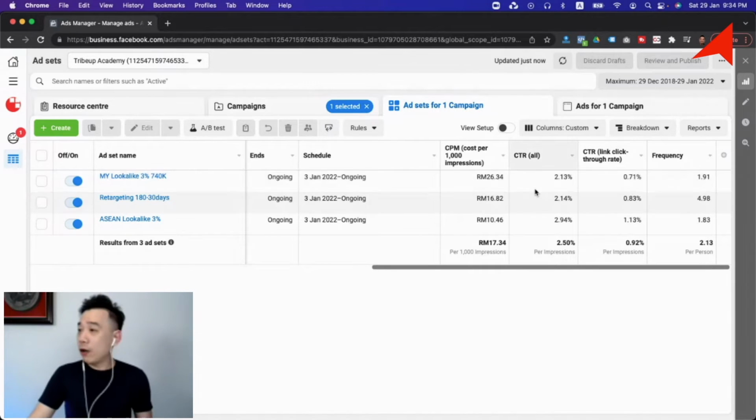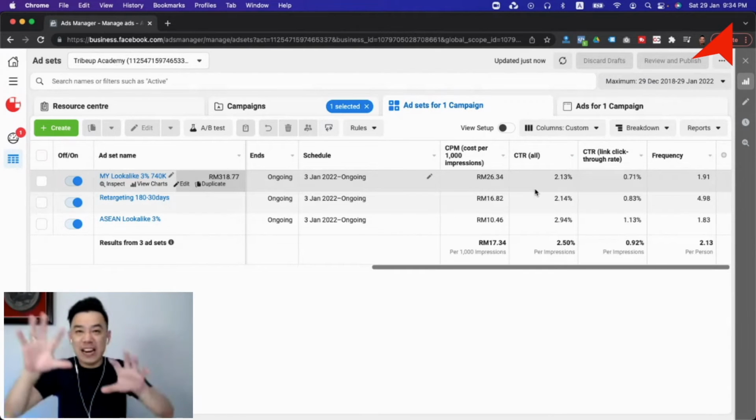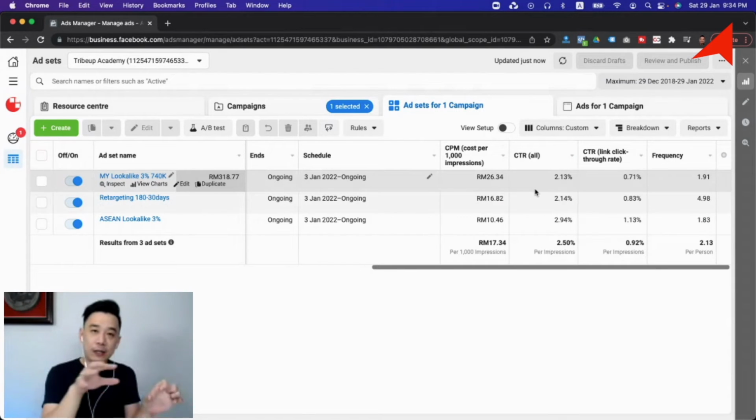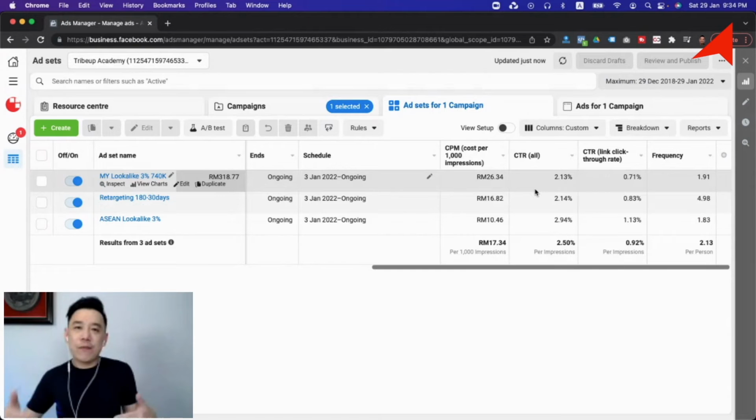Now, CTR all is really the click-through rate of people responding, taking action on any part of the advertisement. And you have to remember, when it comes to Facebook advertisement, there are many things you can click on. You can click on the profile picture, the play button, the like button and all that, right? So basically, CTR all indicates whether your advertisement is really getting people to take action. The benchmark for CTR all is 2%. If it's below 2%, that means your ad is not really getting people to take action. Probably it's time to look into your creative